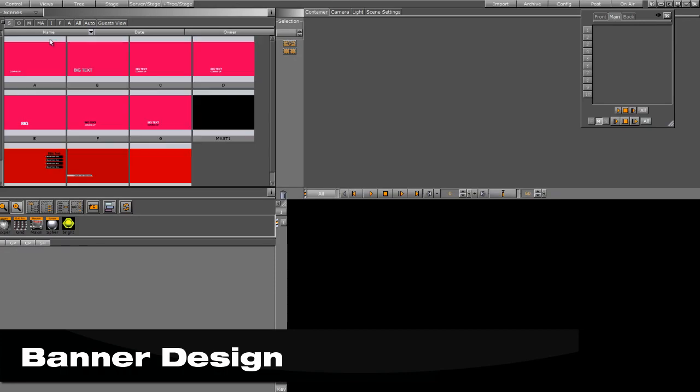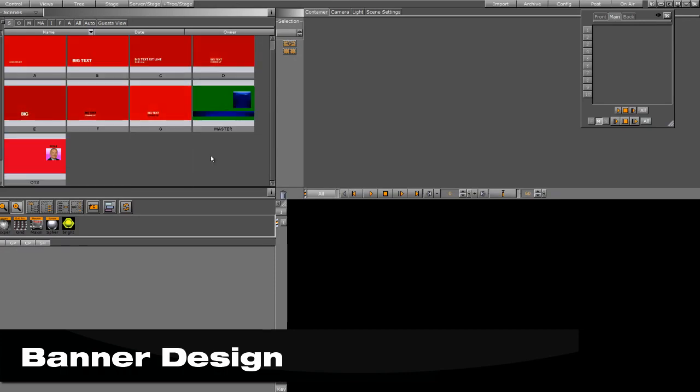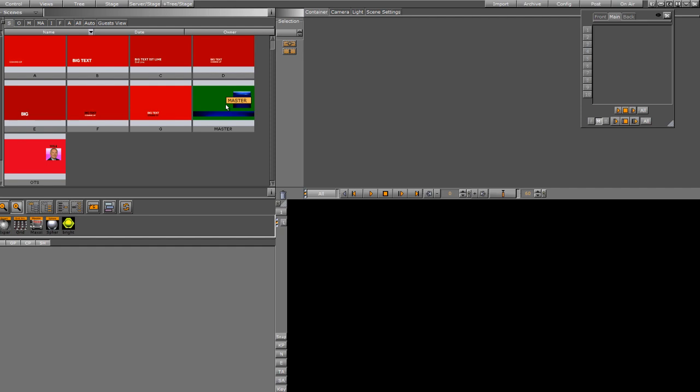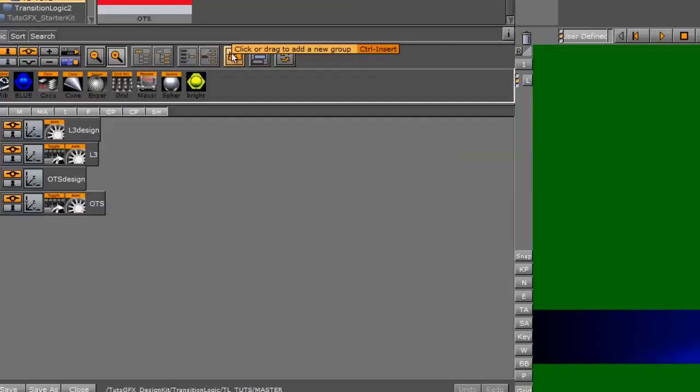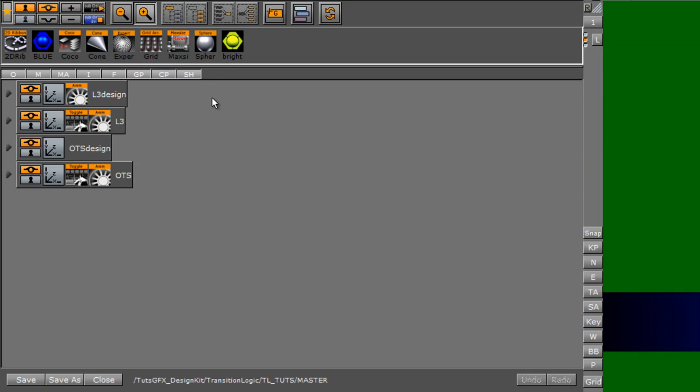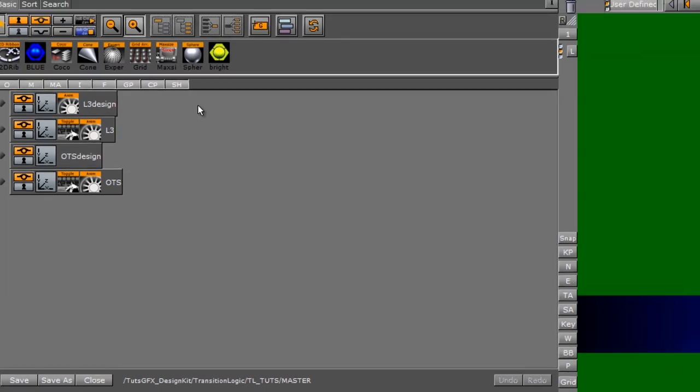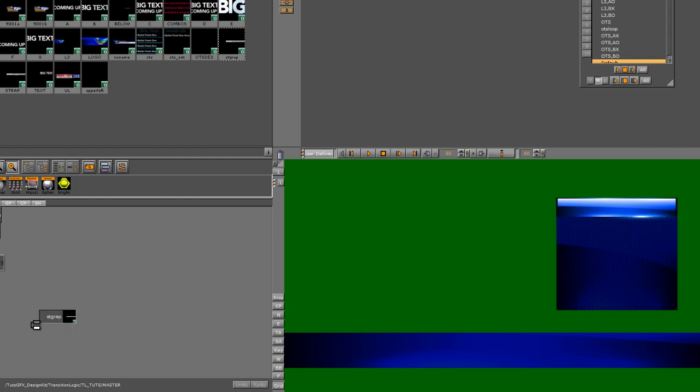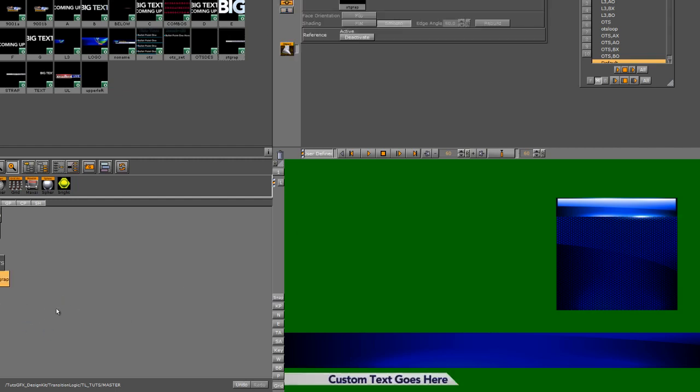Okay, so we want to add another element to our lower third here that gives the producers or Trio operators an extra option for some information. So I'm going to open up my master scene. We're going to create it in the master scene, but use the design that we create actually in the call-up scene. You may call it something else, but basically, for lack of better terms, I'm just going to call it